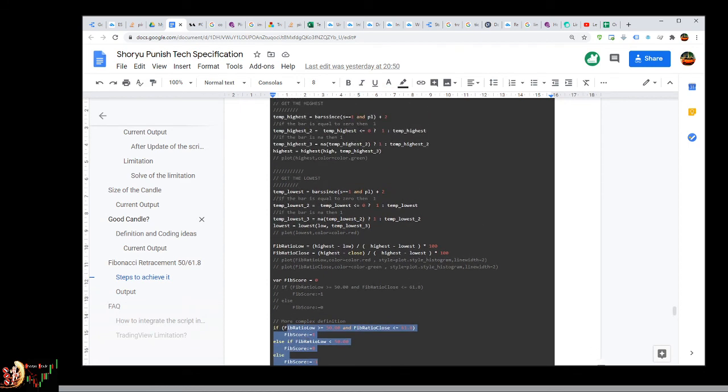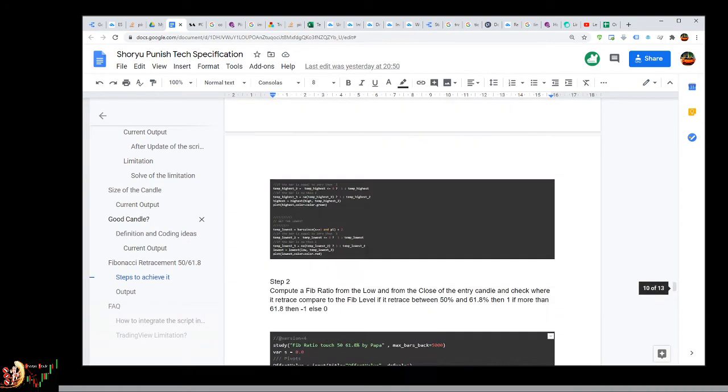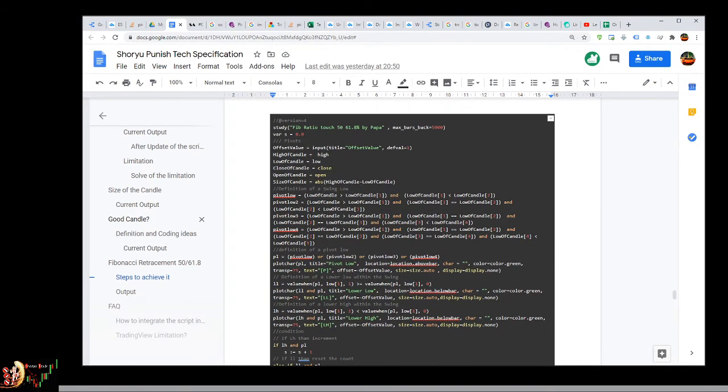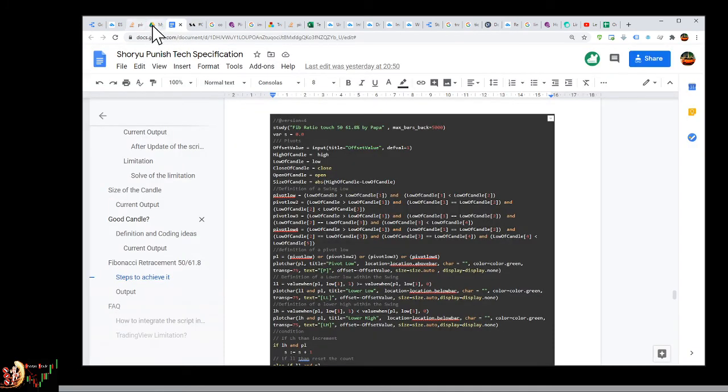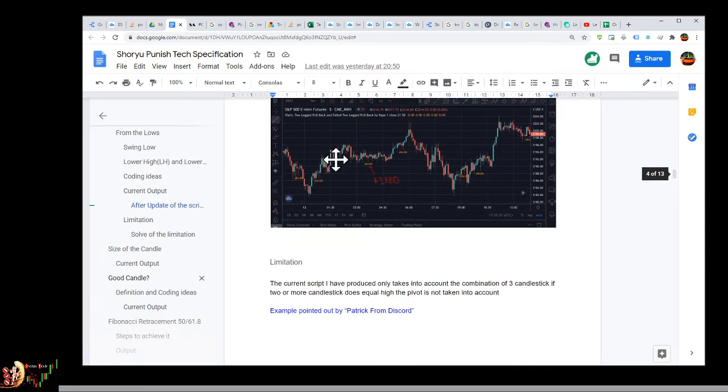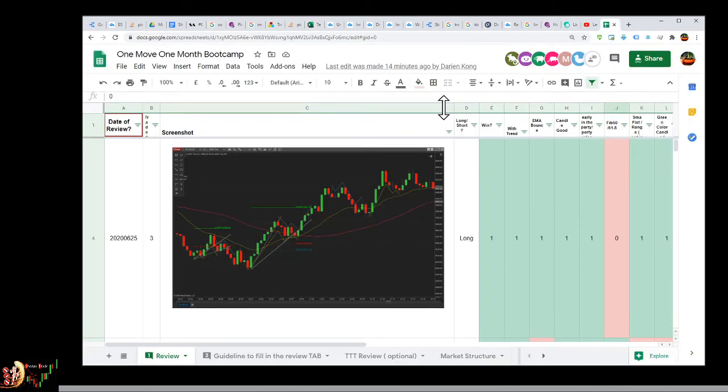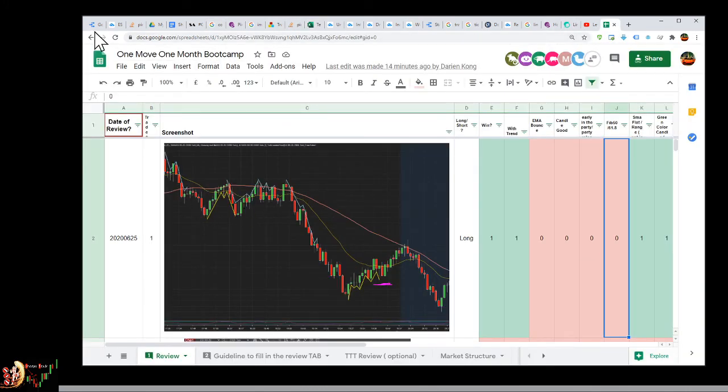I think it will not be too difficult because I will just need to understand on NinjaTrader how we can get the highest point, the lowest point, what is the low, and so on. But I will have all the logic already written down, okay? So it's not going to be very complex. And then once this is done, I will also do backtesting to help us fill out our 1 move, 1 month dashboard, okay?